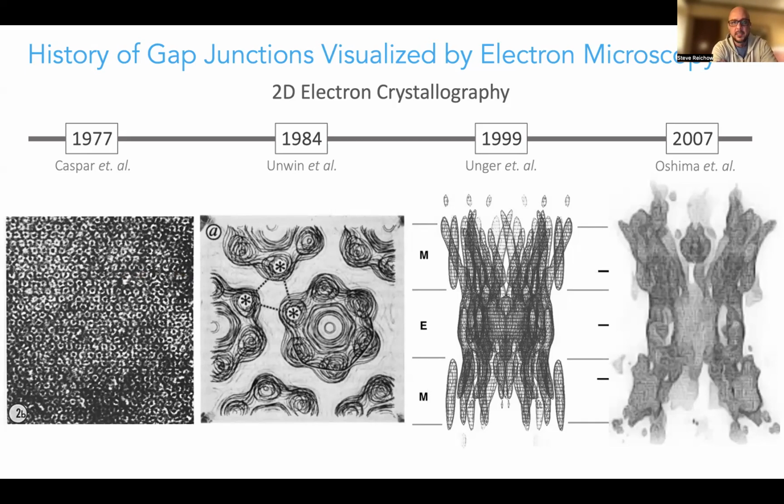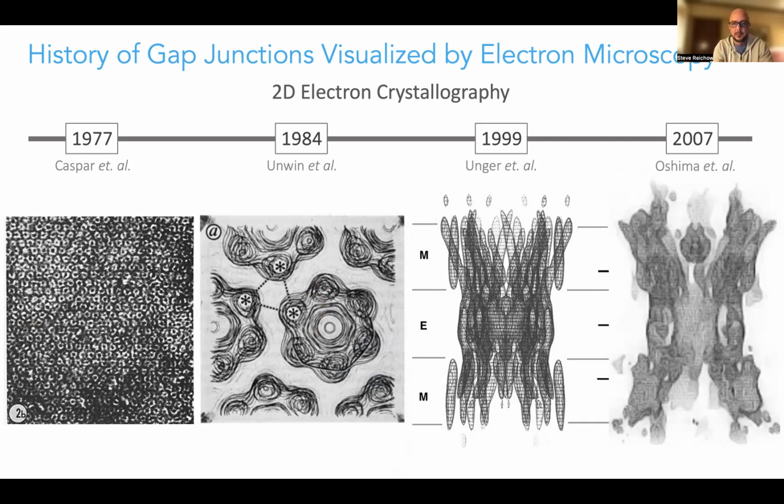And as this technology developed over the years, so did the amount of structural information that we're able to coax out of this system. And so by the mid-80s, Nigel Unwin had improved the diffraction data on these systems and we could glean more structural insight. And so at the center here, you can now resolve the pore of these channels. As I mentioned earlier, they measure about 1.5 nanometers in diameter. So this is sufficient to pass the types of chemical information that they're involved with in the cell. And in addition to that, you can start to resolve the subunit architecture. And so you can count 6 different subunits in what we call a hemichannel,